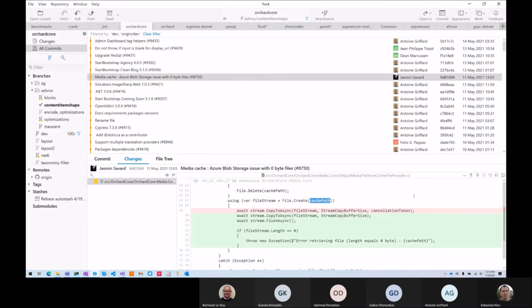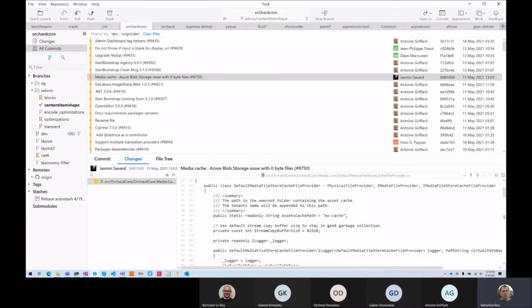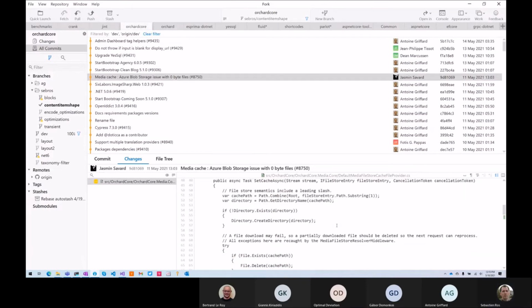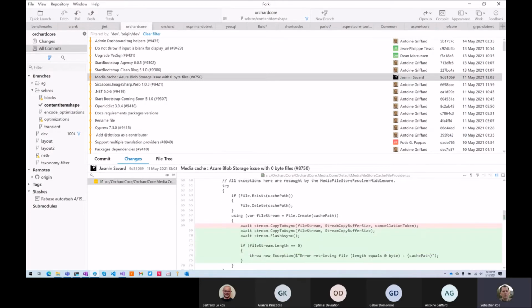Cache path. That's the local cache for Azure Blob Storage. Maybe that's a different issue.